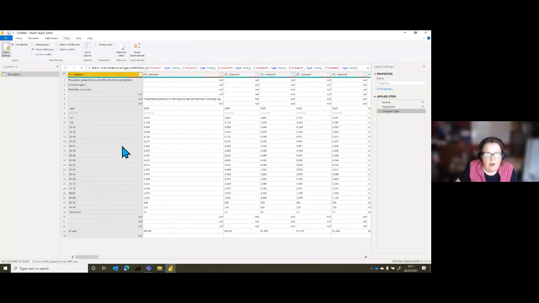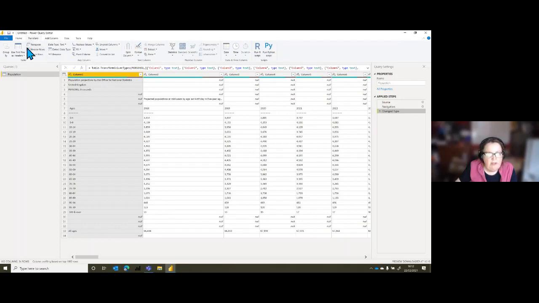But let's look at our file here. The first 6 rows of data there, I don't want. They're just information that I don't need. The last 5 rows of data here, I don't need the totals. I'll calculate my own totals, so those I don't need to keep either. So let's go to the transform ribbon.